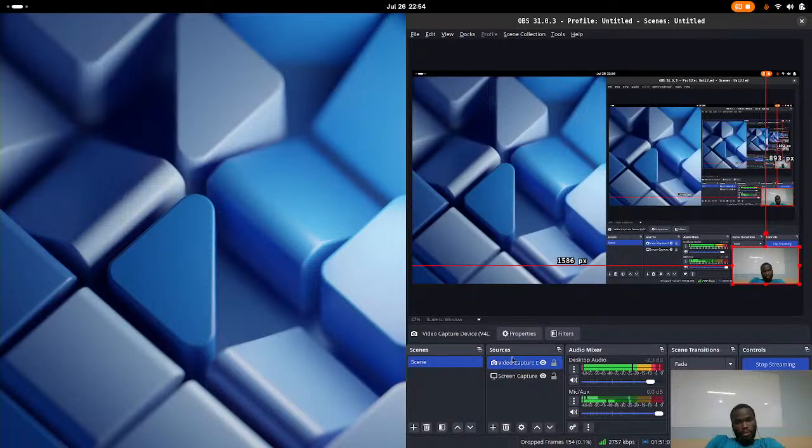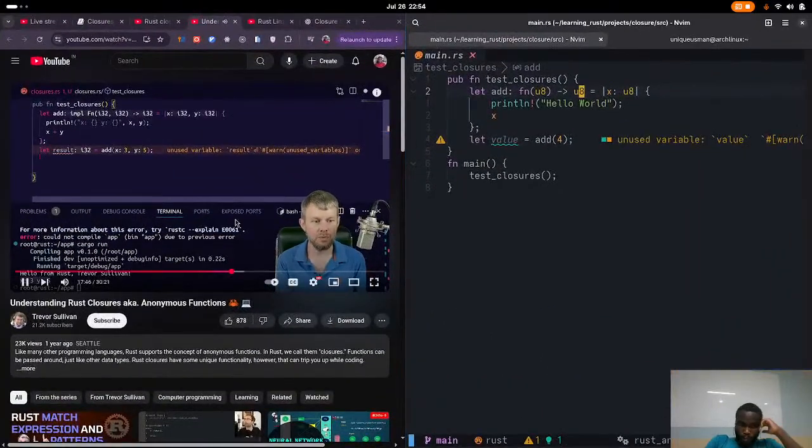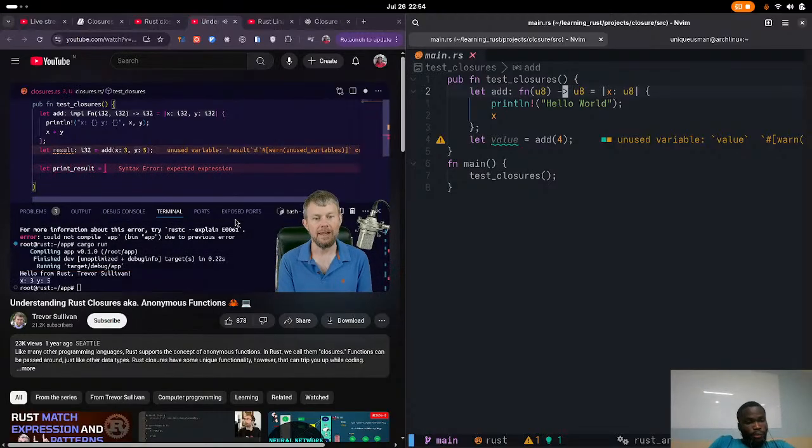Well, of course, we would be able to do that because result has been defined in the closure's parent scope. So let's go ahead and take a look at how this works. We'll create another closure here called print result, and we'll set this equal to